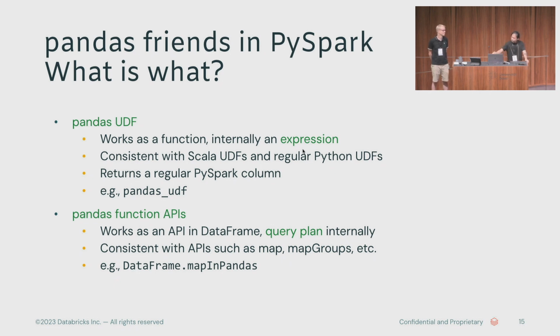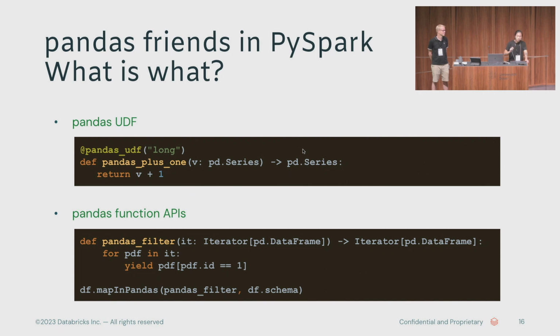So this is the example. So Pandas UDF takes a series, and roughly speaking, the concept of series is mapped to the column, right? So you annotate the column, and then it will take that as an input and then output. In the Pandas Function API, you take, of course, a data frame as input, right? Because it's a table-wise operation.